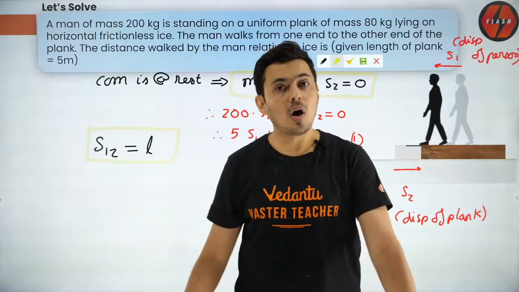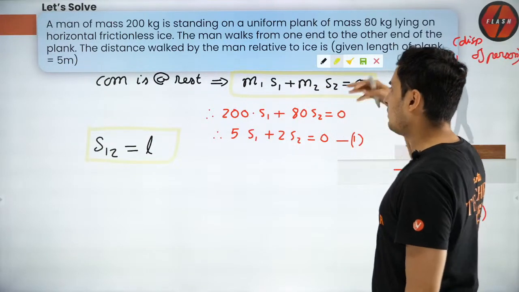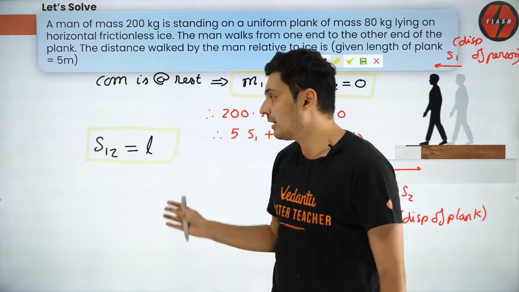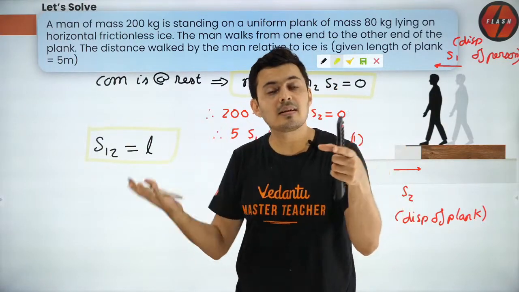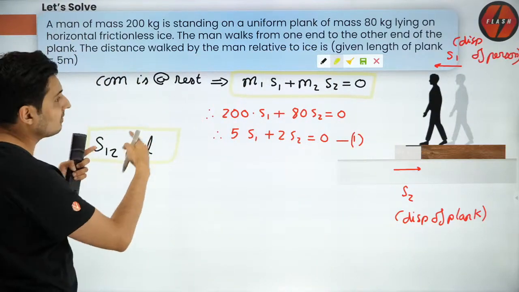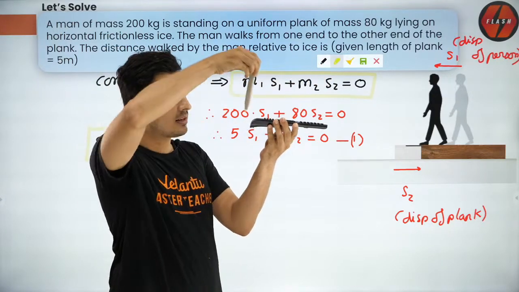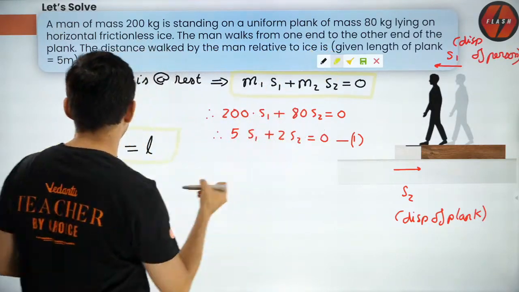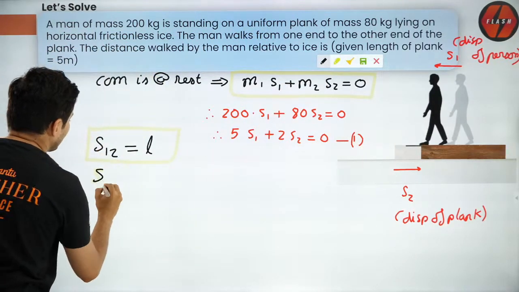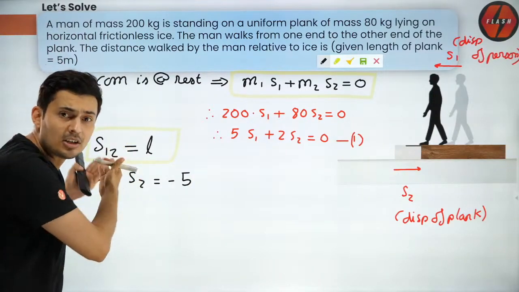Relative motion. So always for these kind of problems, number one, use this formula: m1 s1 plus m2 s2 plus m3 s3 is equal to 0. Second formula will be relative motion: displacement of each person relative to the plank, and that's it. That will give you the answer. So guys, what is displacement of the person relative to the plank? I feel if you sit on the plank, you will see the person walking this way, and I think it is -5. So s12, which is s1 minus s2, will be -5, because that's the definition of relative motion.